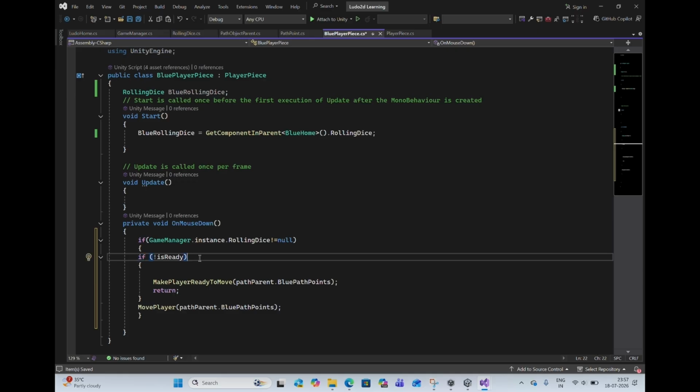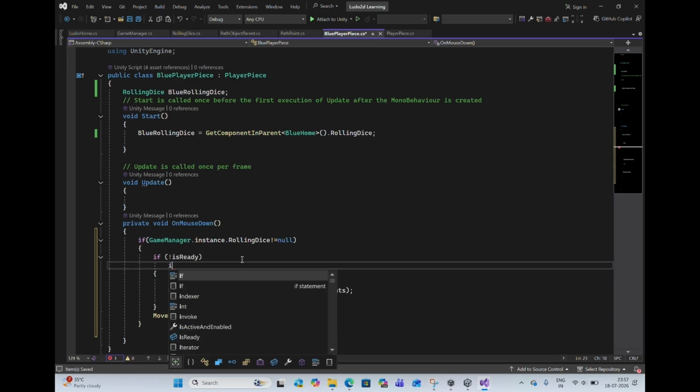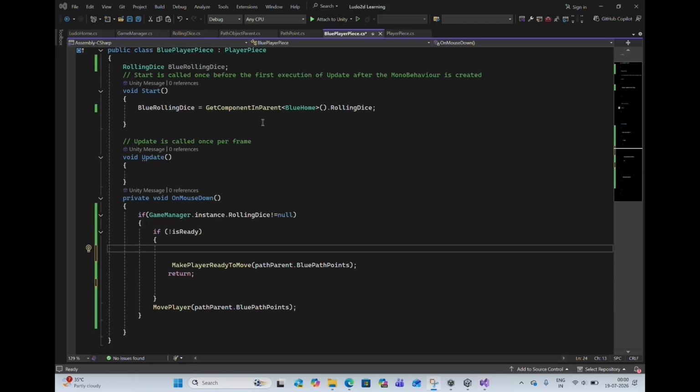And one more thing we are going to do, here we will check one more condition. If GameManager dot instance dot rolling dice equals blue rolling dice,